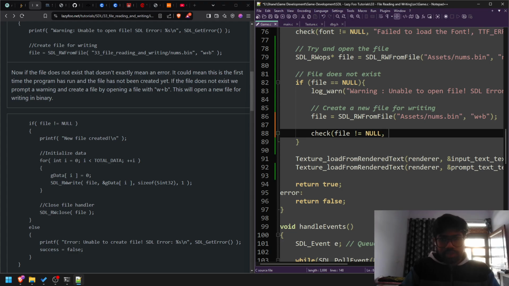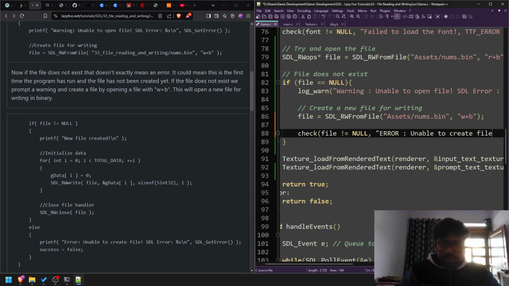Check file not null, then error: unable to create file